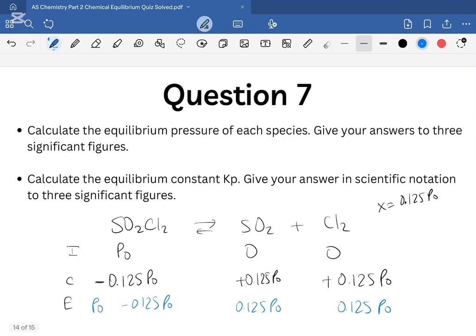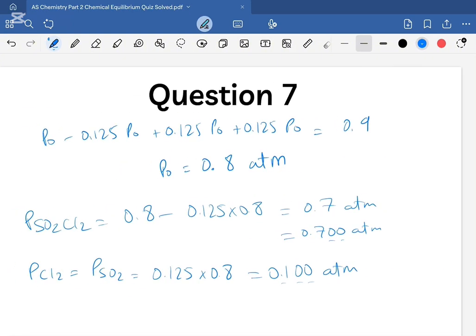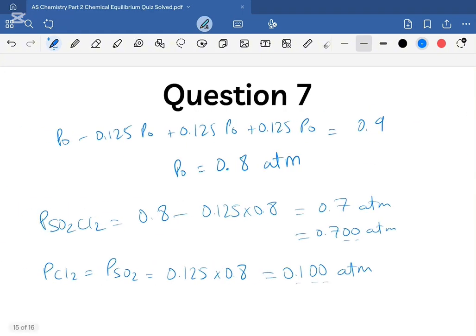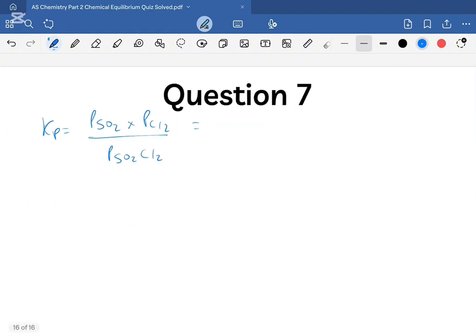Now the final question was to calculate the equilibrium constant Kp and give your answer in scientific notation to three significant figures. So over here Kp is equal to the pressure of SO2 times the pressure of Cl2 over the pressure of SO2Cl2. Since we got the values for the first two as 0.1, I'm going to put 0.1 times 0.1, so 0.1 squared over 0.7, and we're going to get a value of